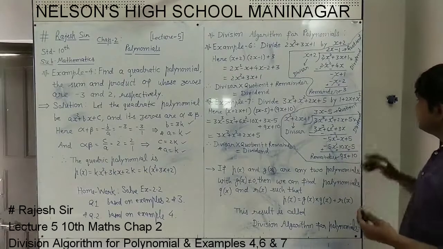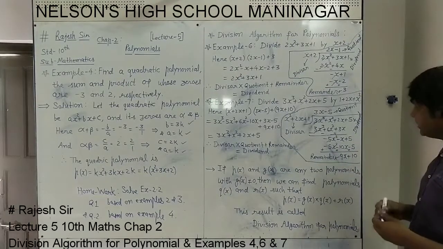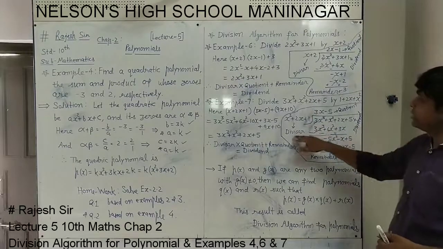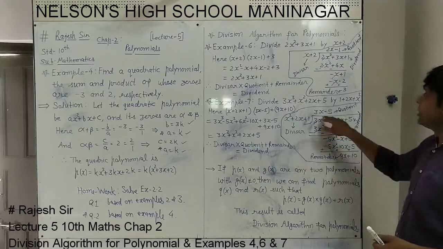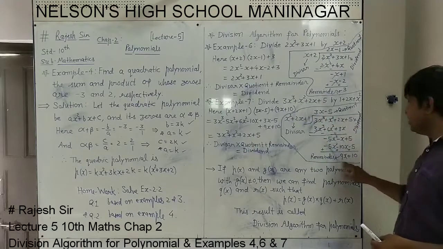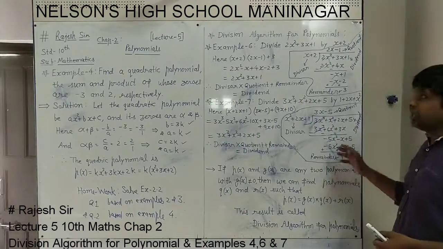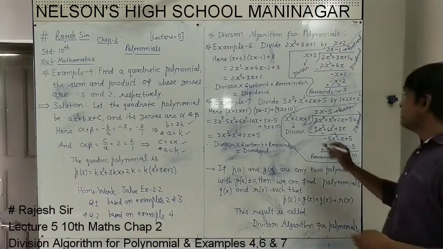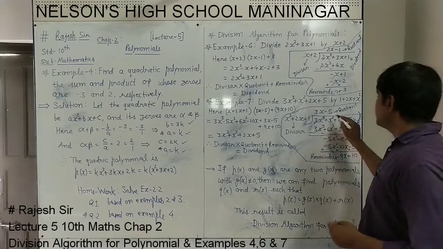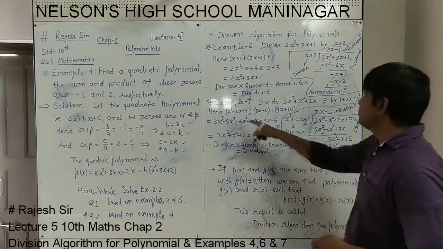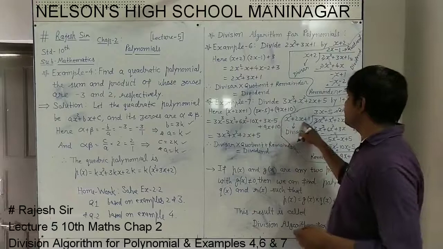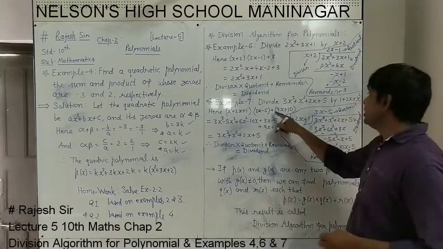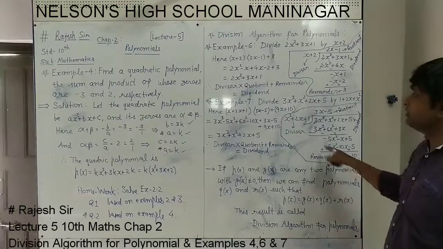So again, assign what is this? The given one is the dividend, by which we have divided is the divisor. The answer whatever you got is the quotient and the remaining one is called the remainder. Again we will check this, which we have done in example 6. We will do divisor into quotient plus remainder. This is the divisor x square plus 2x plus 1. This is the quotient 3x minus 5 we got, added, and plus this is the remainder we have written.